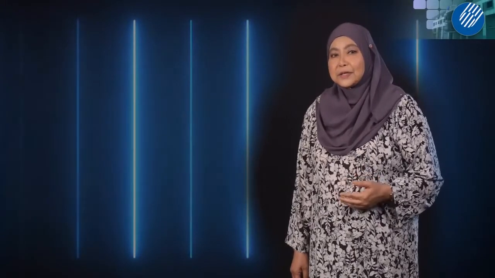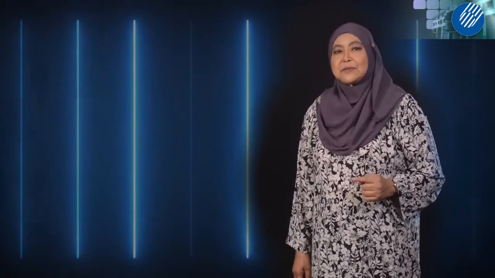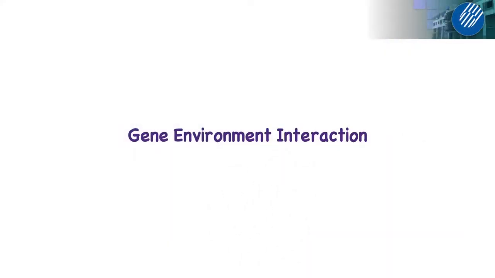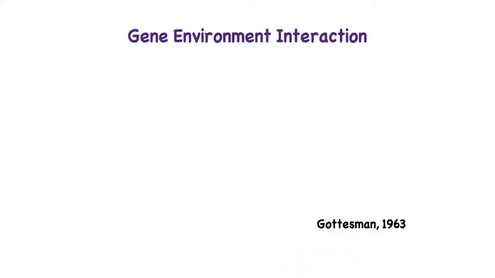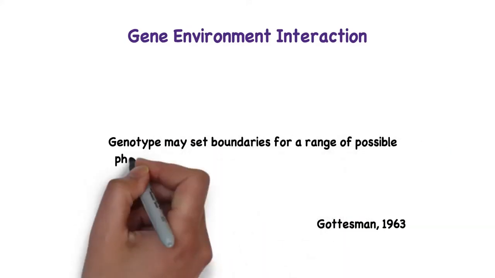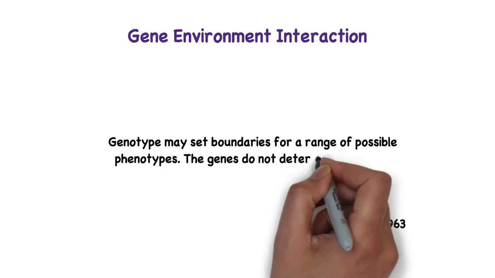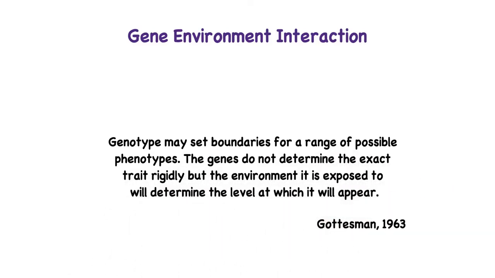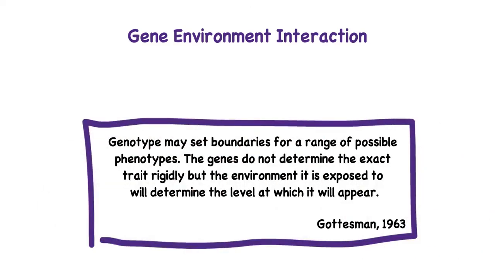Now let us look at genes that are affected by the environment, or in other words, when nurture is given priority. Gene-environment interaction is when the gene responds to a certain environment. According to Gottesman, genotype may set boundaries for a range of possible phenotype. Here the genes do not determine the exact trait rigidly, but the environment it is exposed to will determine the level